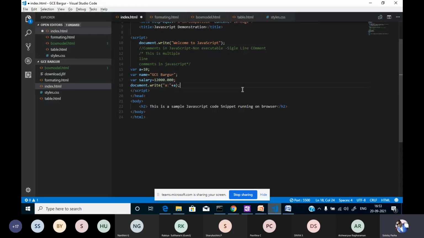Similarly, we can use this separator. I'll use the separator over here. Here I'll assign the name, that is, the name variable I'm printing here. So plus means it is a separator, so we are separating it. Plus I have again added, then here salary. Here I'm printing the salary variable we have. I am saving it, and now I am running it.